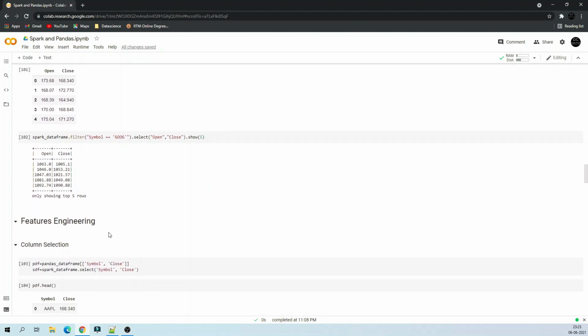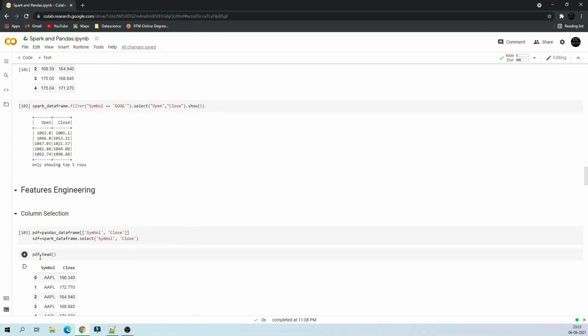Then moving on to feature engineering. The first thing is column selection. In pandas you say pandas data frame, and within the double square bracket you give the name of the column, and in Spark you give the command dot select. Spark is as simple as your SQL statement: data frame dot select and the column name.